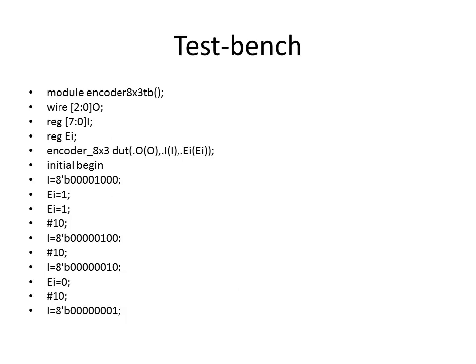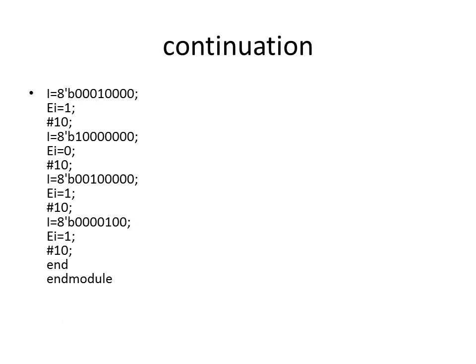Now this is the test bench. Test bench is common for all the normal encoders as well as structural encoders. So that is why I am using data flow modeling here. The outputs are declared as wire, inputs are declared as registers and the device under test is the encoder. Here the input is given at the third input line and enable is given as 1. A 10 nanosecond delay is applied and again the inputs are given. Likewise, I am giving all the 8 combinations with 10 nanosecond delay and finally the end.